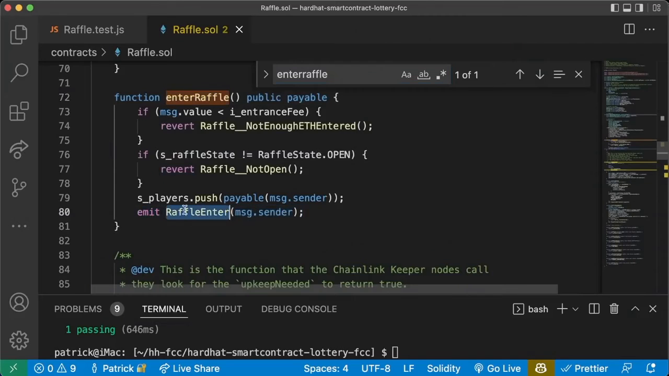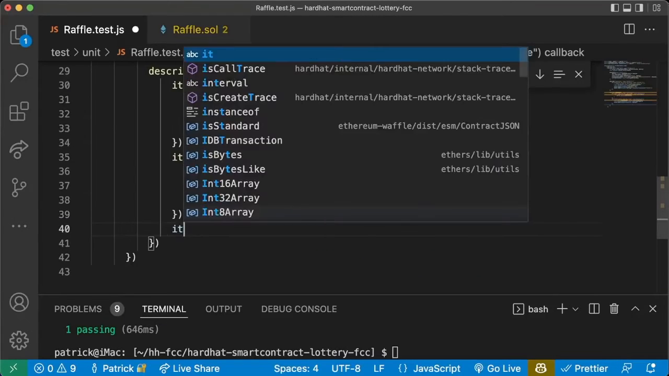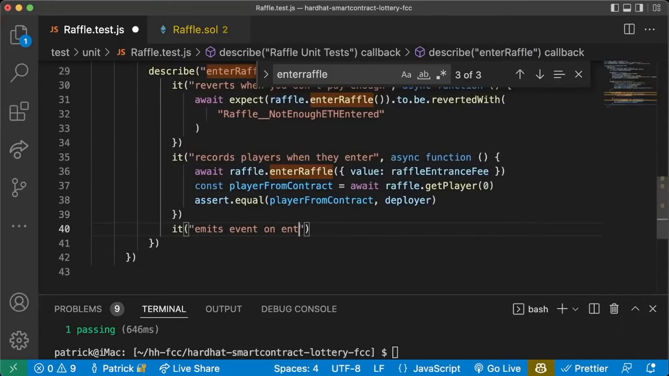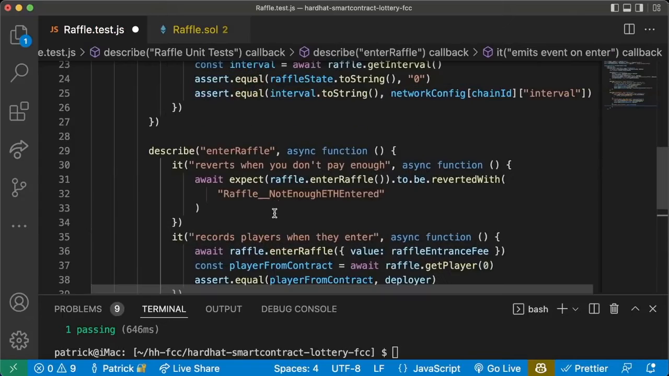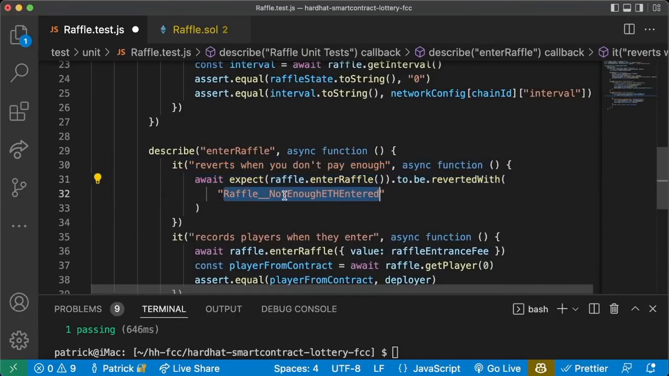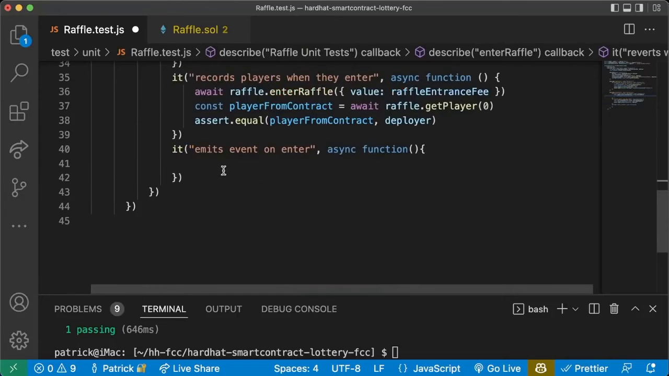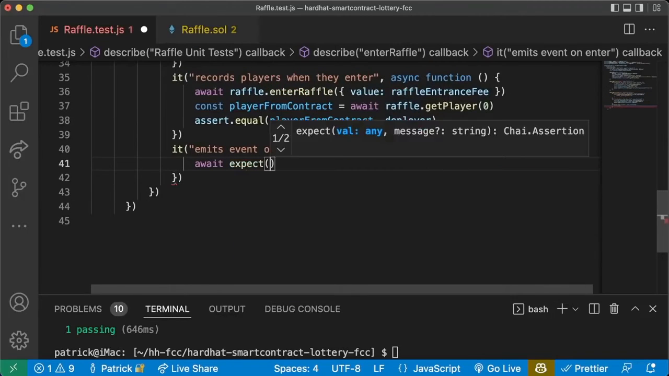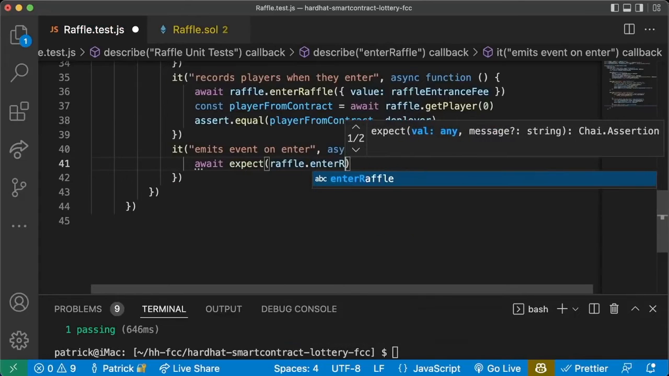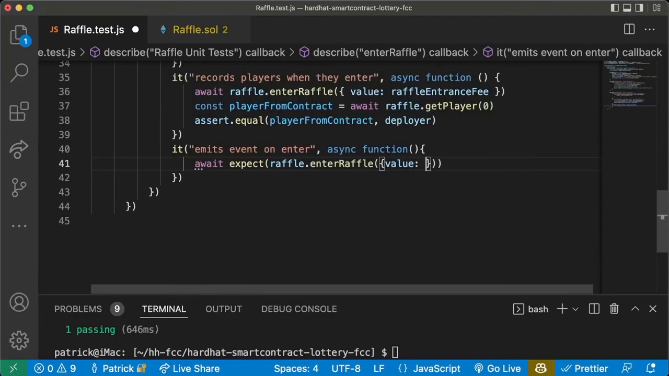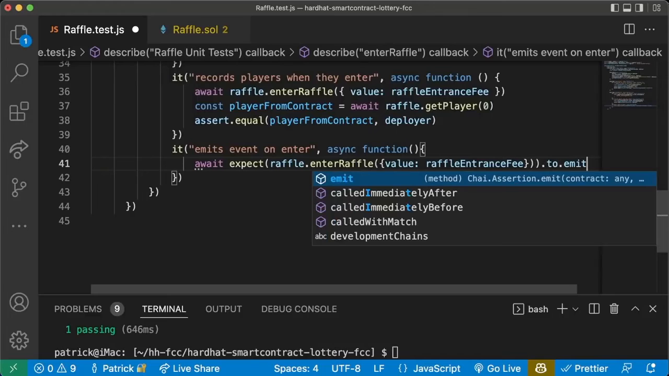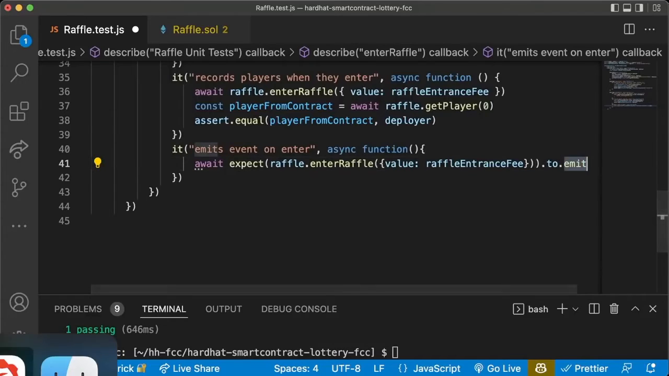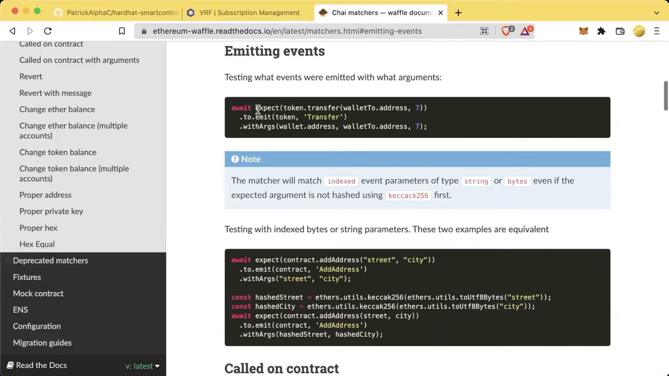What else should this do? Well, it's also emitting an event. So let's make sure it emits an event. So we'll say it emits event on enter. And this will be an async function as well. And this will be the first time that we're testing to make sure a function emits an event. And the syntax is going to look really similar to what we test for when we check to see if an error is fired. So we're going to say await expect raffle.enterRaffle with value of raffleEntranceFee .to.emit,